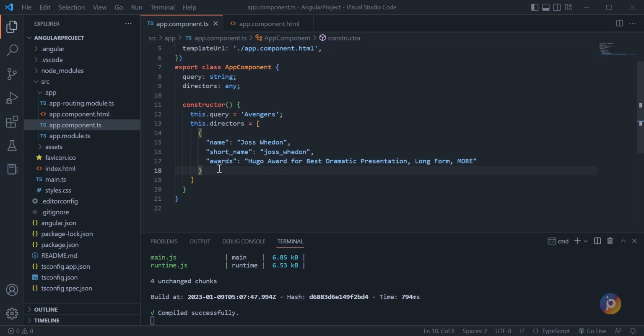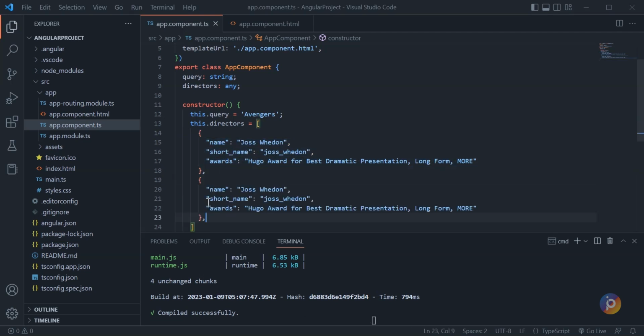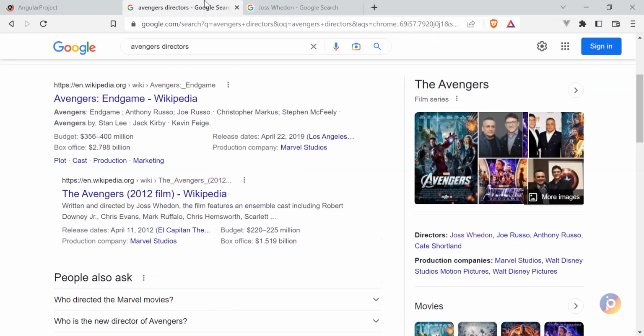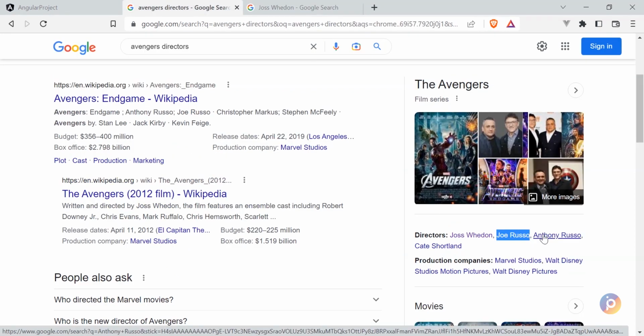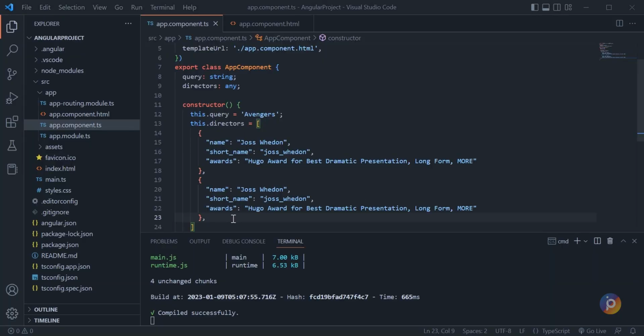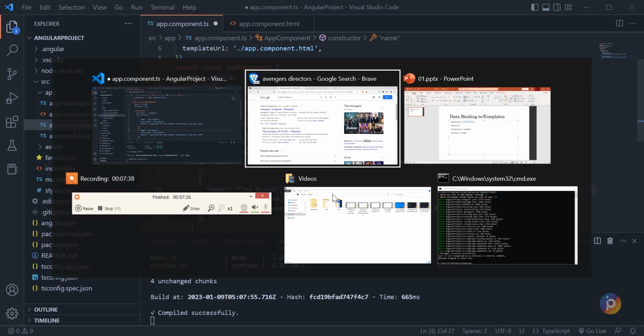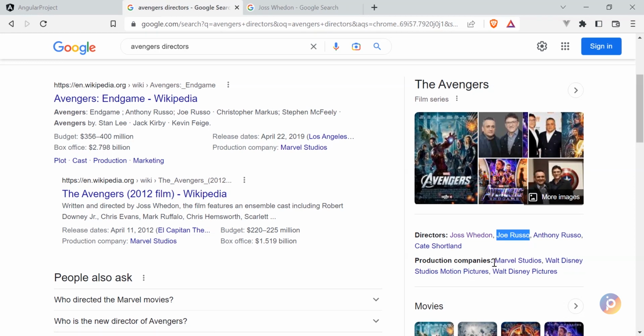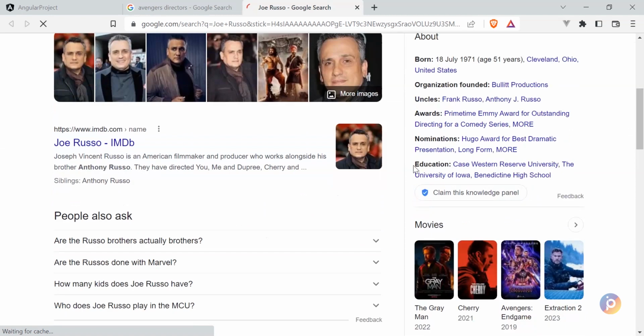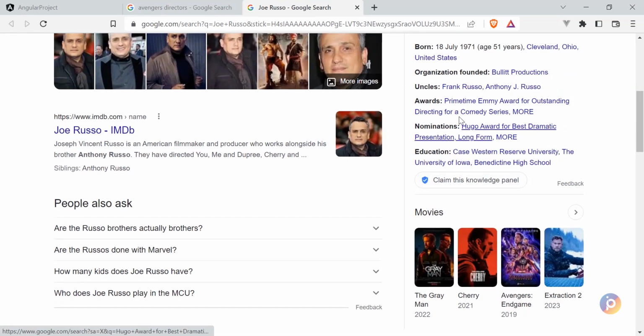Let's do the same thing for other objects. So I'm just going to duplicate this, paste it over here, then get back to the browser. The next director we want is Joe Russo. Just copy that, and then I'm going to replace this with this one, and then we can open that in a new tab. Let's see what awards he got. So this is the one. So I'm just going to copy